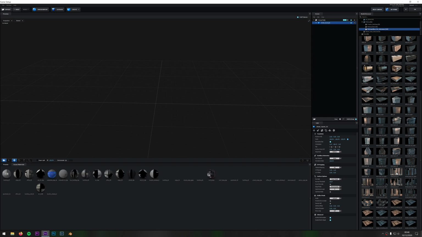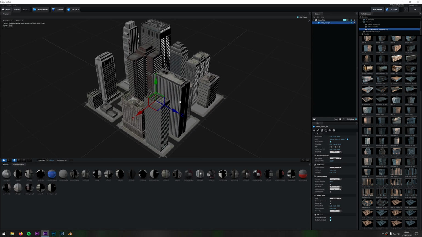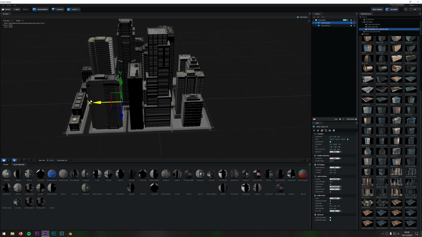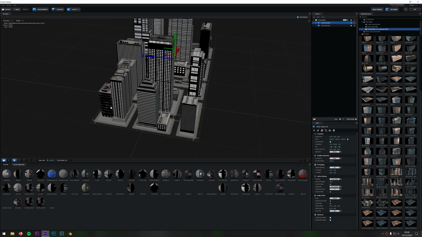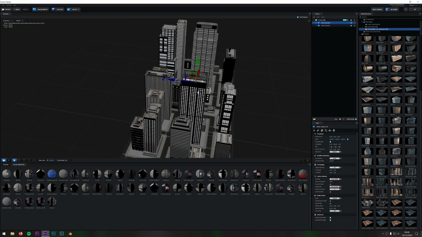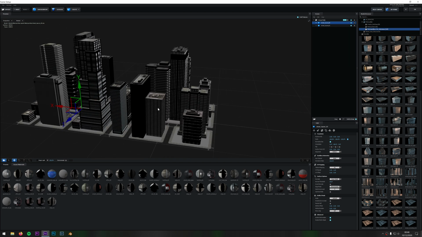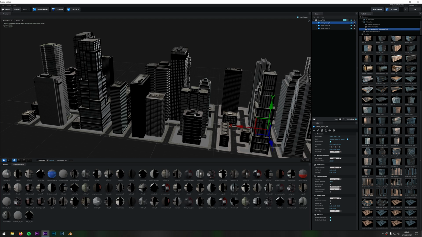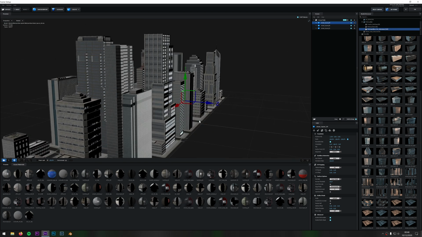So let's just click this one for example, and this is this block here, so we can add another to that if we just click this one now and we can move it over. Okay, I'm not going to make this perfect, but you can sort of see where this is going. I'm using the middle mouse button to move around the scene, left clicking and holding to spin around the scene, and then let's add another one here, and we can move that over like so, and then you've got yourself a very basic city.